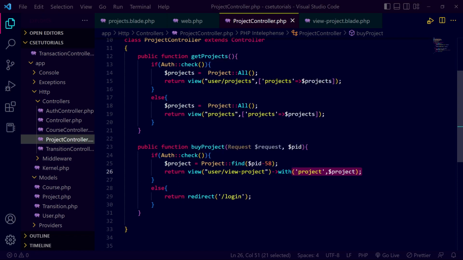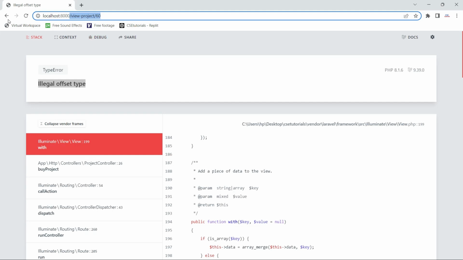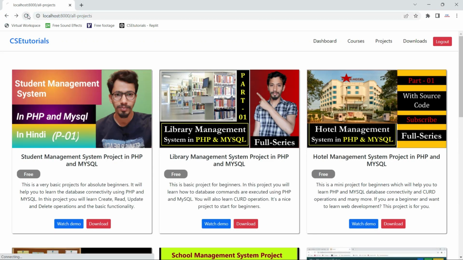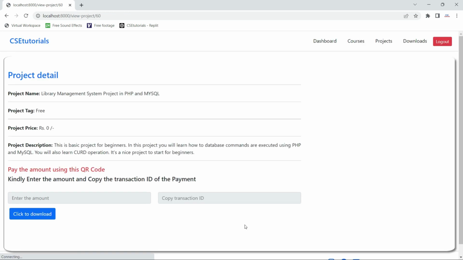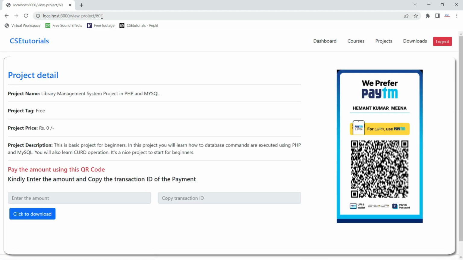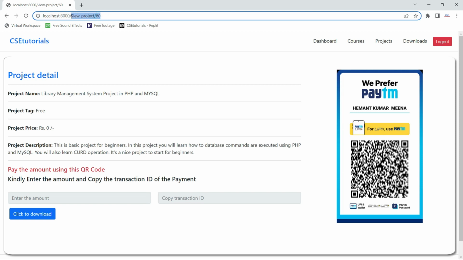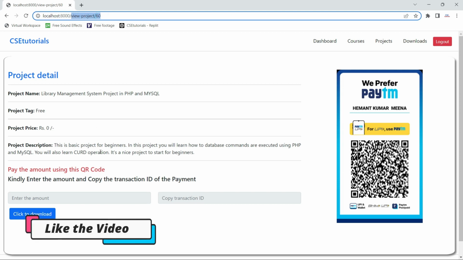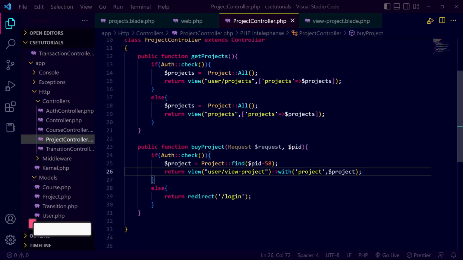The first one is the variable, meaning the key, and the second one is the value, the actual data that I am passing. Now if I run it again, you will see the error has gone. If I click on download, it goes to the view project view with the project ID, and it's running perfectly. The error has gone.